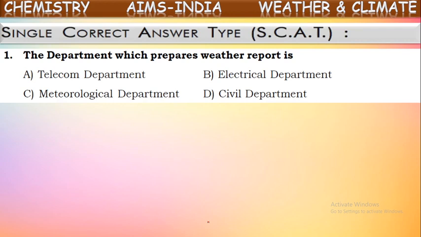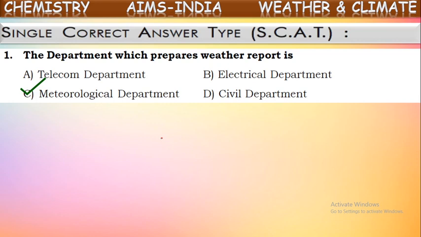The department which prepares weather report. Yes, there is a separate department for this to give reports related to weather and climate of a particular place. What is the department called? It is called meteorological department. These people who are working in that meteorological department, they will observe the conditions or components of weather,